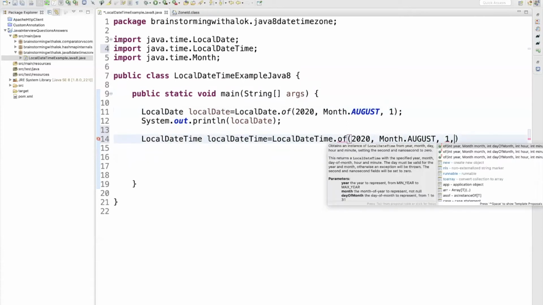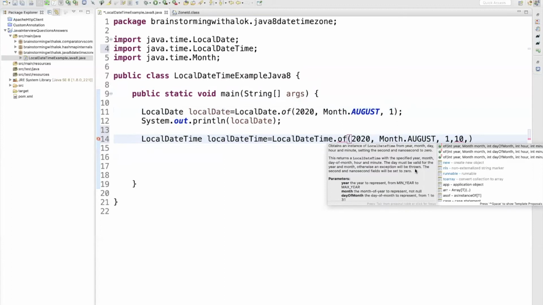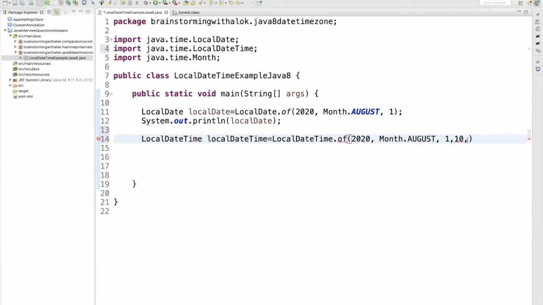We have year, month, day, hour is 10, then we have minute, let's say 30. Let's run this also. LocalDateTime.